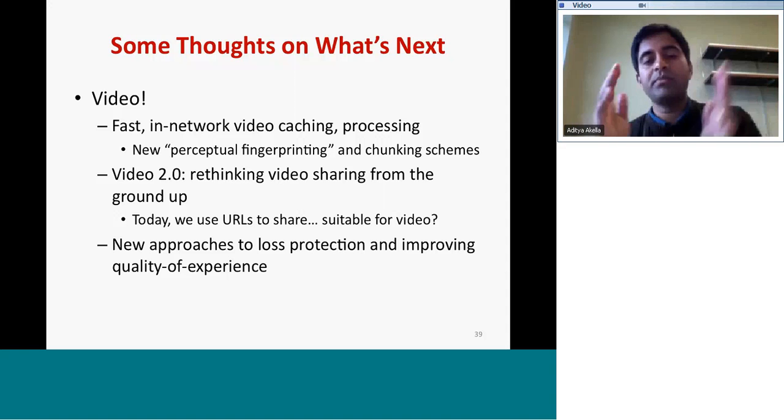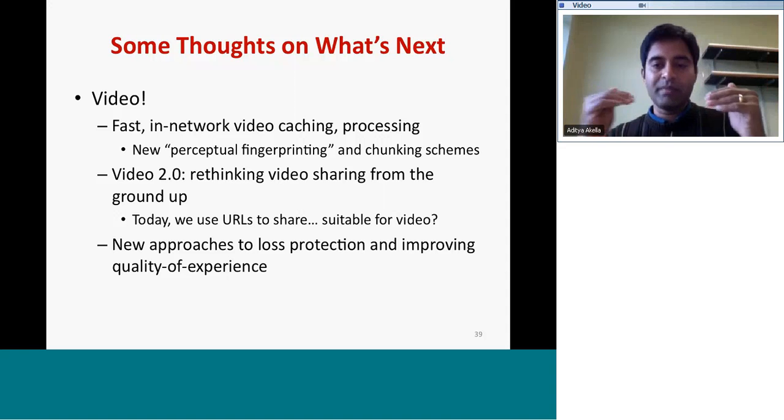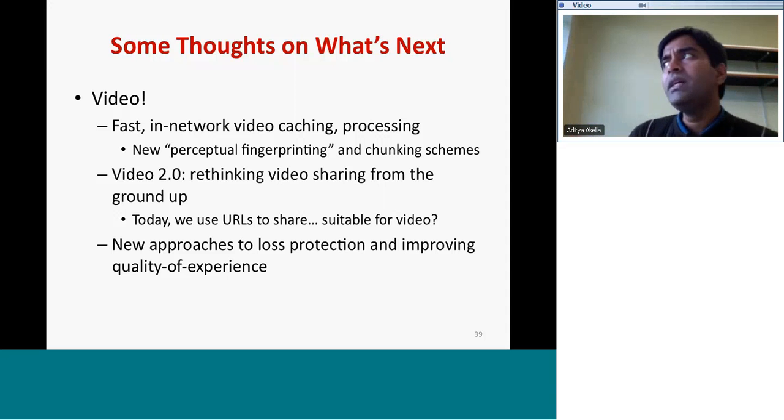Just like you compute a hash on a piece of content and that is somehow tied to the content, you need a hash for a chunk of video that ties to the content inside the video. And my feeling is that you could then use that as the basis for doing a variety of in-network video processing stuff. And we have some initial results in our CONEX paper that hint at what these perceptual fingerprints can look like.